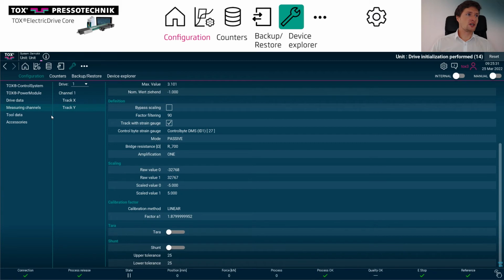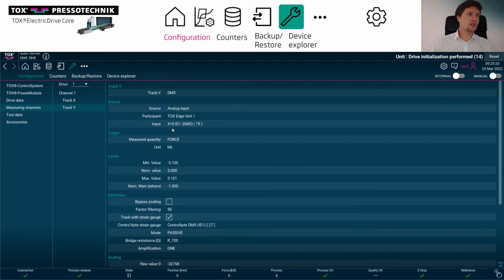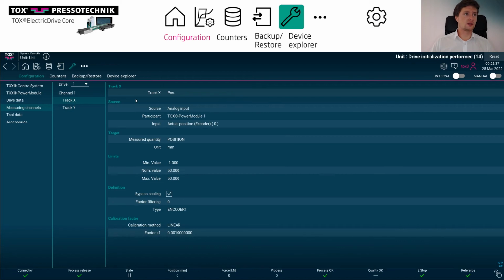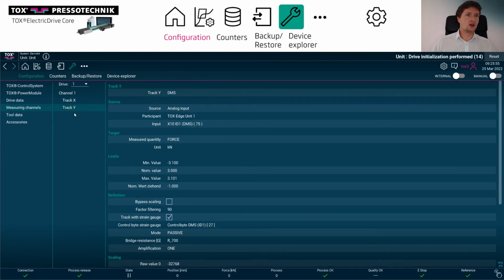And in measuring channels, you can see your measuring channel. So a channel always consists of track X and track Y. Normally we want to have our position on track X, and in this scenario I use the internal integrated encoder signal for my position. I can calibrate it, filter it as well. There's many things I can do. On track Y,